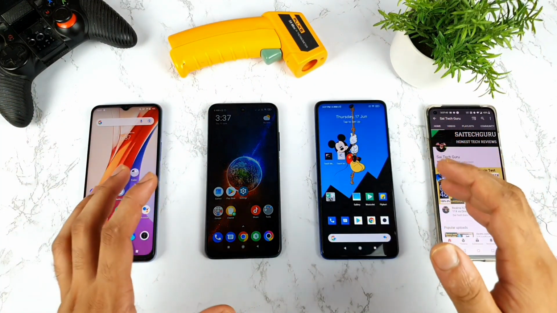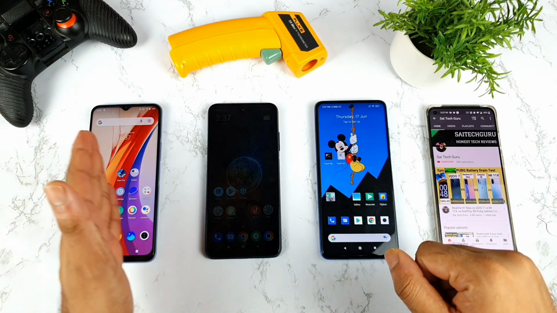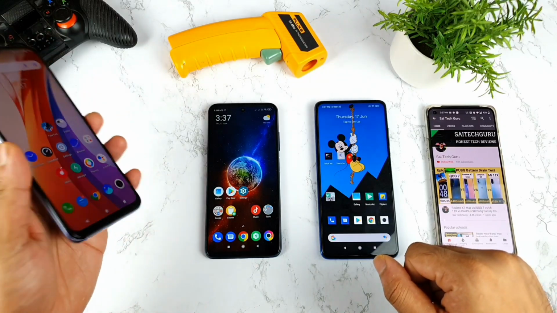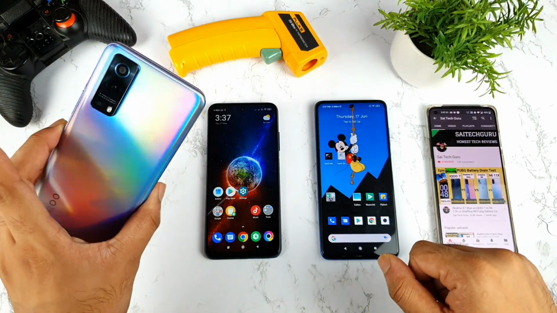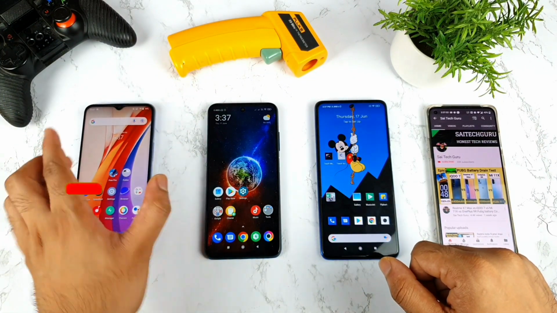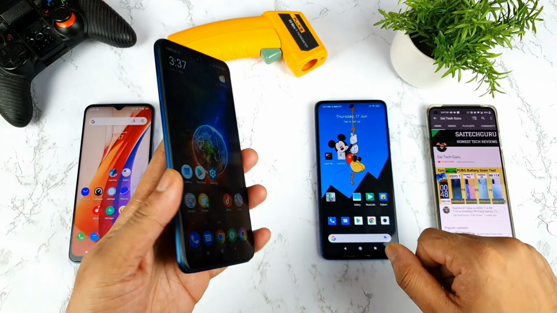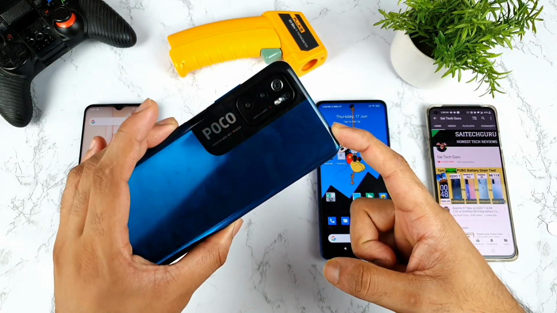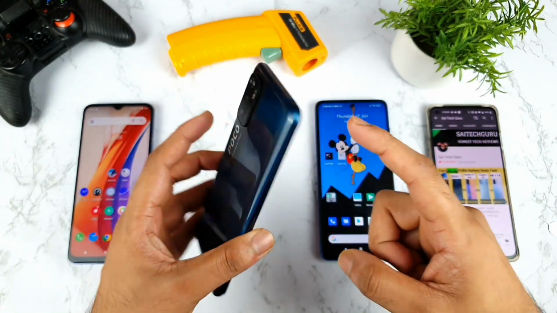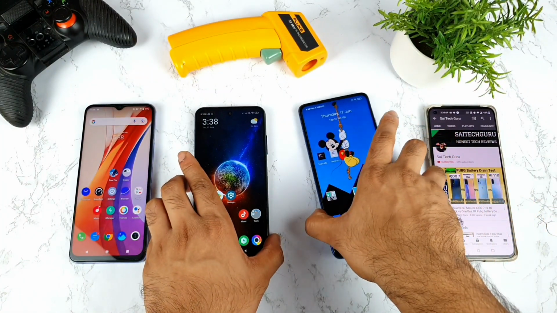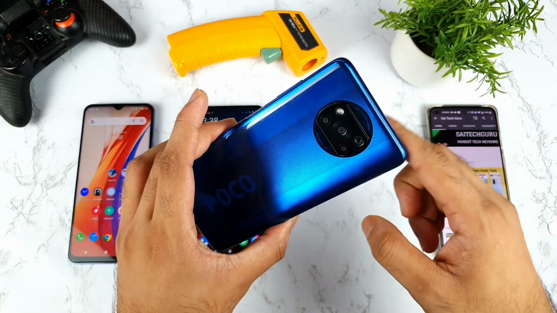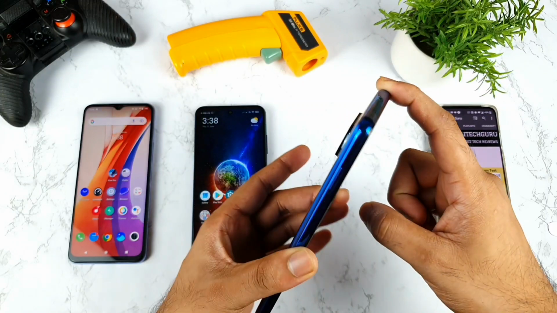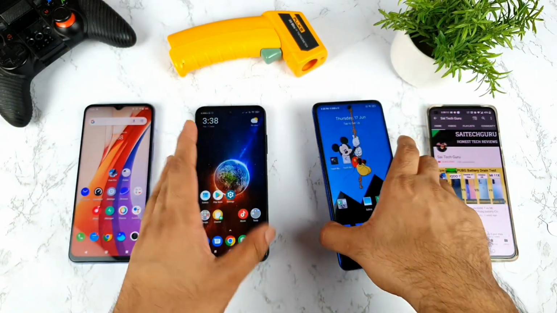In today's video we'll do the Geekbench comparison test between all of these three smartphones which I have right now. As you can see, friends, the first phone is the iQOO Z3 which has the Snapdragon 768G processor with the 8GB RAM variant, and the Poco M3 Pro, my latest addition in my studio, which has a Dimensity 700 processor. So let's see how much score the Dimensity 700 can get, which is a 4GB RAM variant, and it is a Poco X3 model which has the Snapdragon 732G, which is the 6GB RAM variant. So let's see, friends, 4GB, 6GB and 8GB.